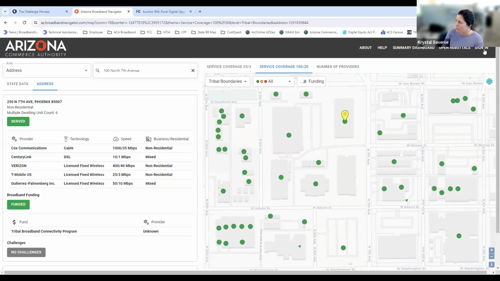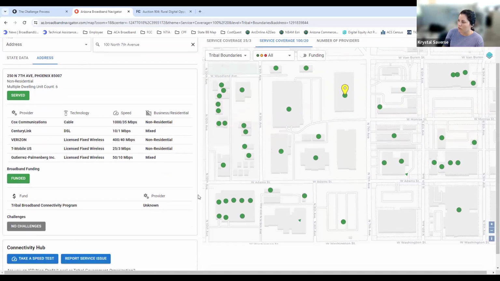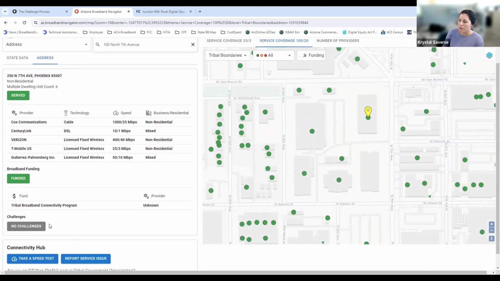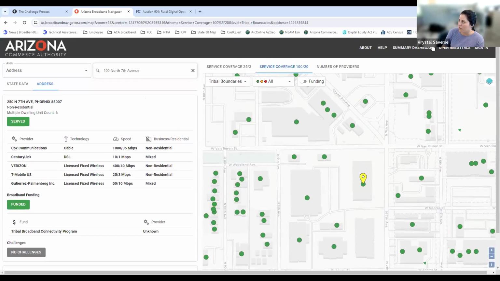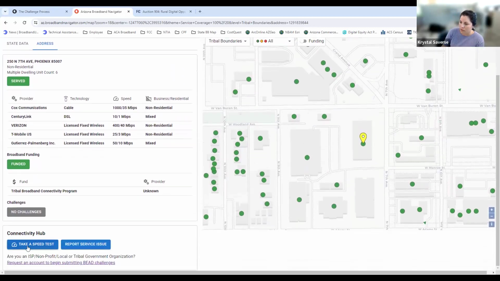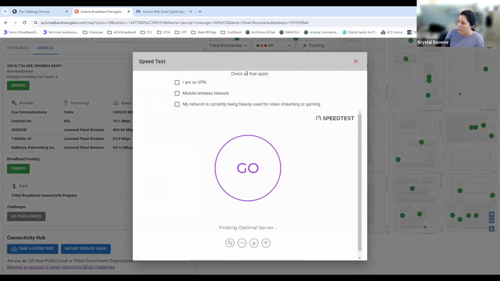Okay, so notice I can do all of this without being a registered user. You do not have to be a registered user to take a speed test or report a service issue, meaning anybody can take a speed test and report a service issue. You do not have to be a challenger, or you don't have to sign in for an account. To do that, you just go to take a speed test,